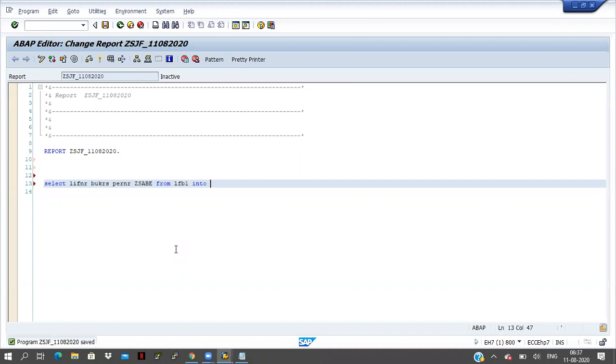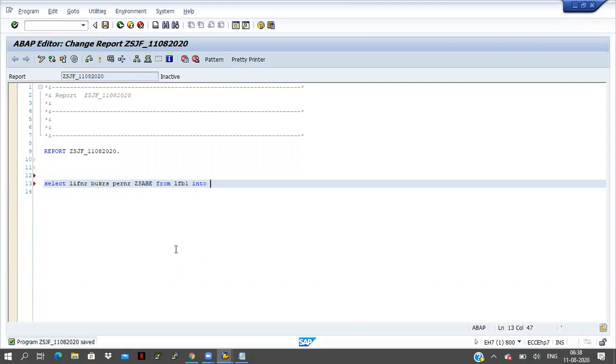Into here. I don't want to fetch multiple records; I want to fetch only a single record. If you want to fetch multiple records, then we have to go for an internal table. If you want to store only one record, then we have to go for a work area.